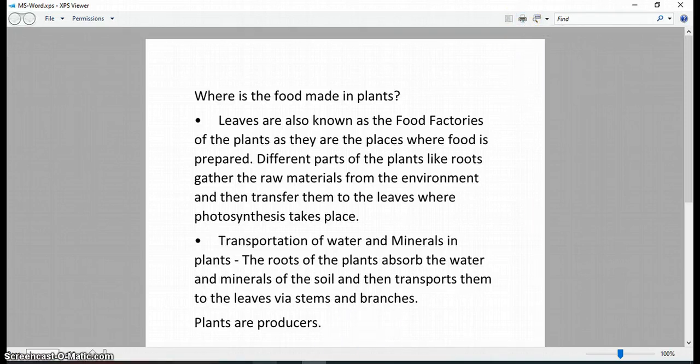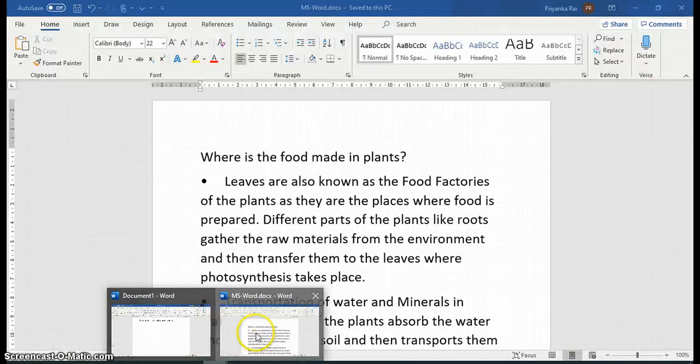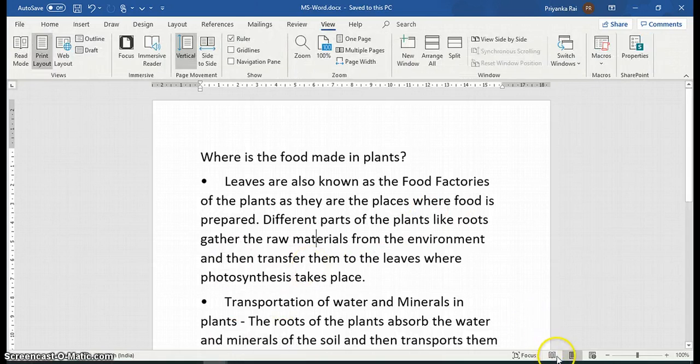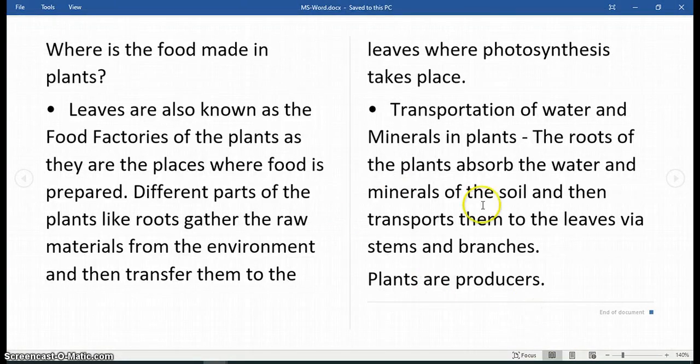Now there are different views. I have told you while I was showing you the Microsoft Word window that there are different views. So these are the different views. The reading mode. This is the reading mode.